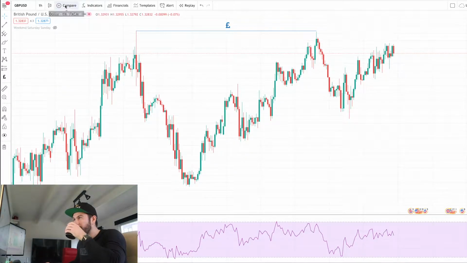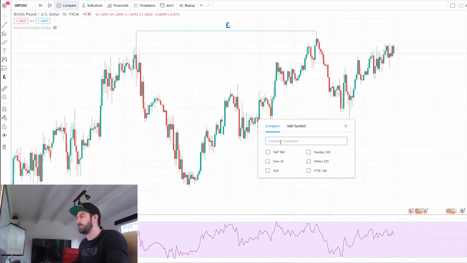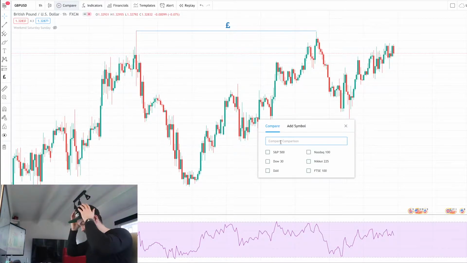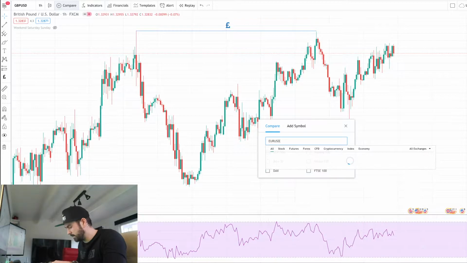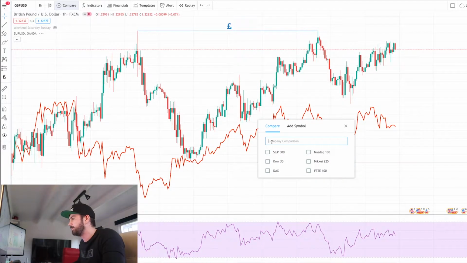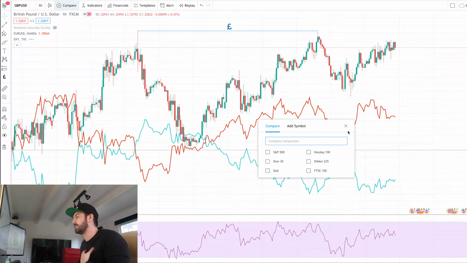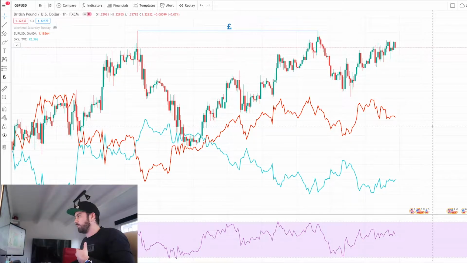But you want to click this compare button. I only use the free version of this because I can't be asked to pay for it, since I don't need to. I don't use it that much, just for one or two features which I can get for free. So I'm on GU, and I want to compare this to the dollar index. Actually, I will also compare it with the EU as well. So Euro USD and then DXY. What I'm saying is, if the dollar index is going down, then EU and GU